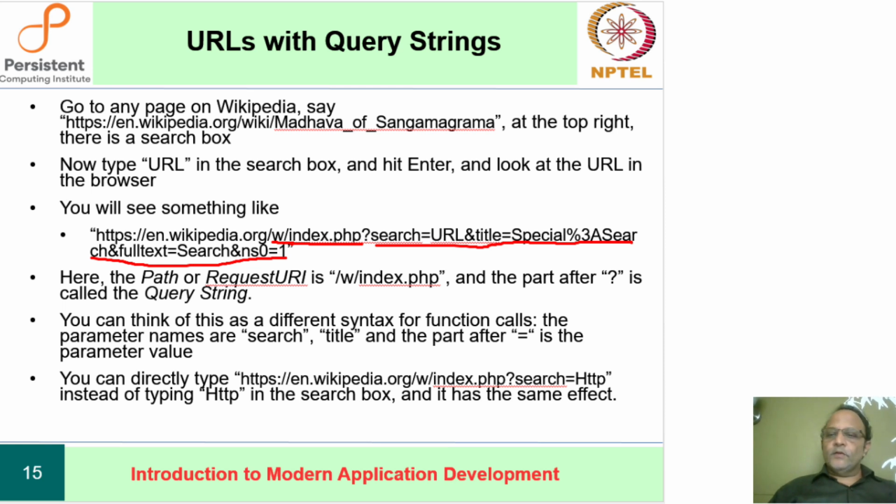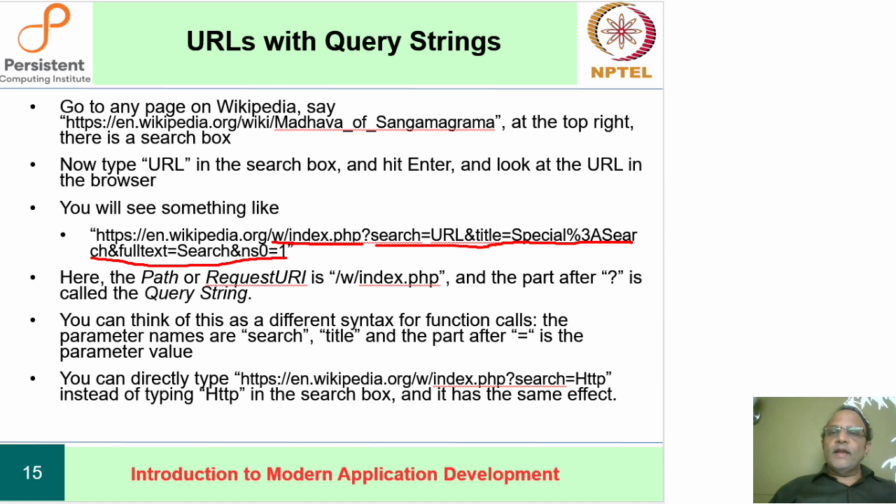So this part after the question mark is called the query string. You can think of this as a different syntax for function calls. The parameter names of the function are things like search, title, and the part after every equal sign is the parameter